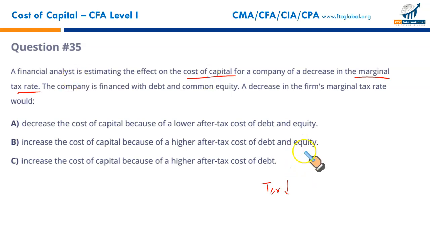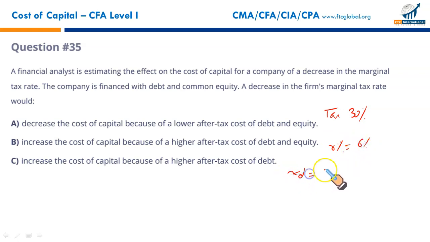If the tax rate goes up, let me give you an example of what I want to say. Let's say tax rate right now is 30%. Your bond issued at a coupon or effective rate of, let's say 6%. What is the after tax cost of debt? 6% into 1 minus 30%, right? That is 6 times 0.70. That is